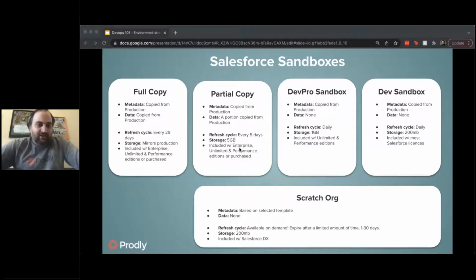Dev sandboxes and scratch orgs are the best place to start doing any type of work, any type of new admin work, new development work. We'll get to the caveats and differences between the two in a bit. It seems like a lot of people are just not using scratch orgs or are not familiar with them potentially. Since these environments are readily available and cheap, they're the best place to start any build work, and it will enable you to adopt an